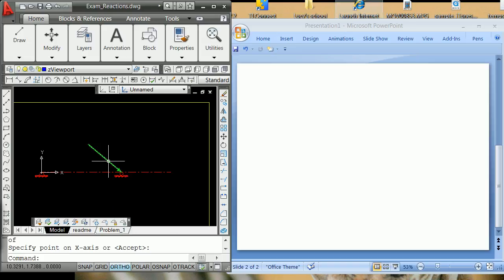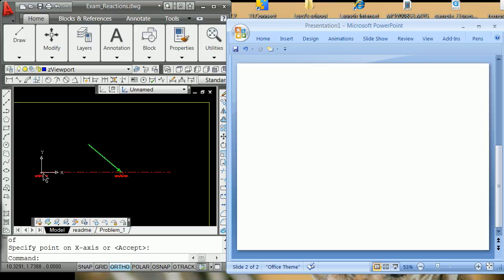What you want to do right away is write the moment of this force about this point here can be written this way. Well, you just go to here,